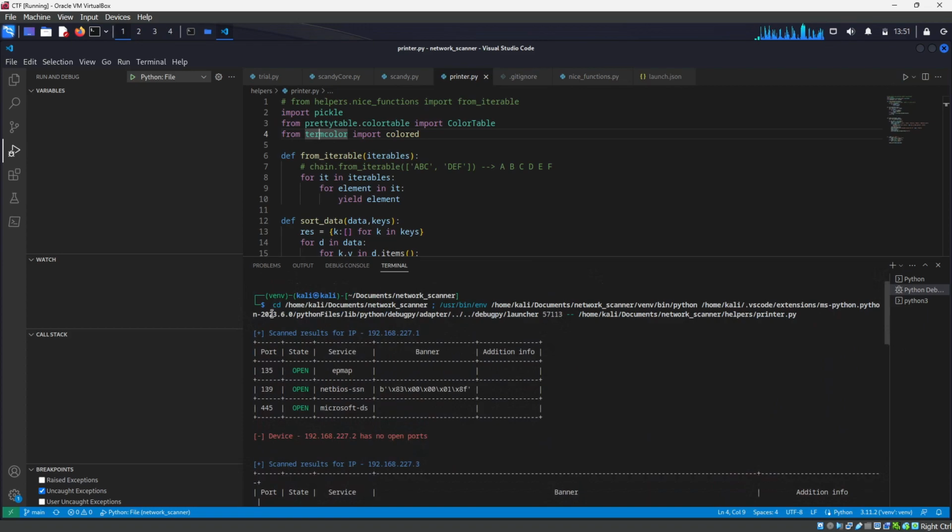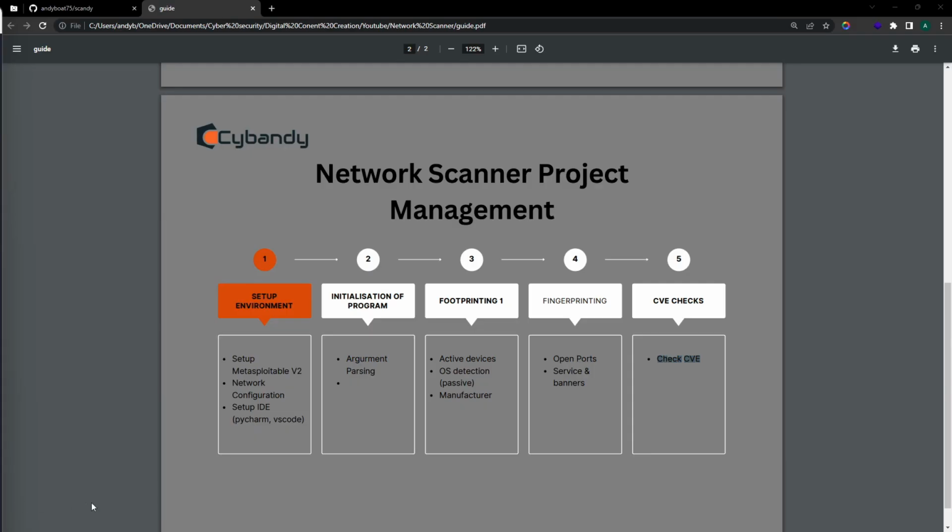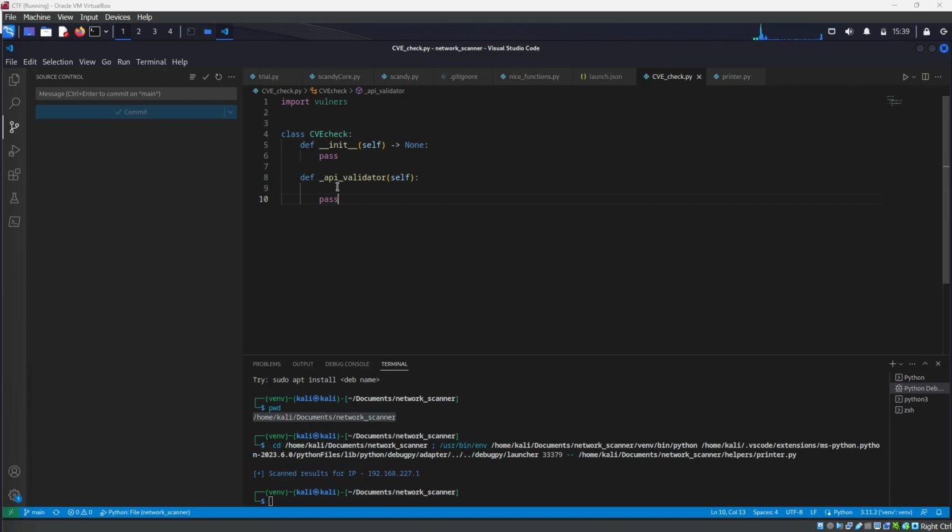So that's that, and then let's move on to the last step of the project, which will be the CVE check. Okay. Hello guys. So we are done with the very first four. We are now left with a CVE check. Let's quickly do that. We are going to use a library called Vulners,